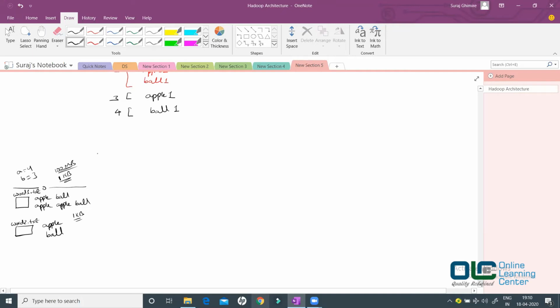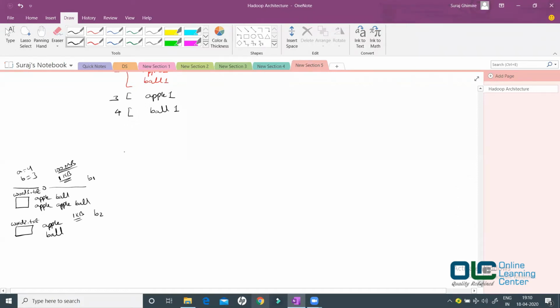Okay, let us assume this file size is not crossing 128 MB, which is the default block size in Hadoop 2 and 3. So let's say they are under the limit of 128 MB. In this case, this will be a single block, B1. This will be another single block, let's call it B2. So don't assume that one file got broken down into two blocks. No. This is a single block and this is a single block, B1 and B2, let's say.